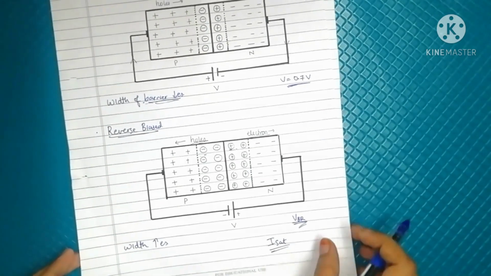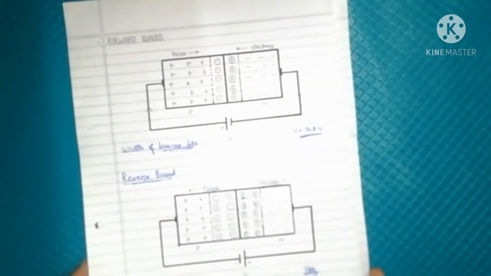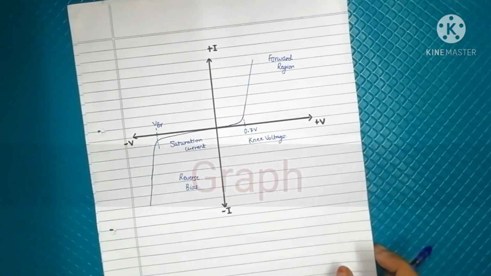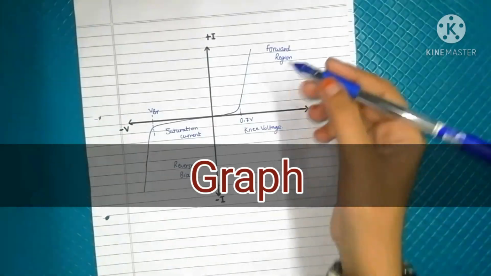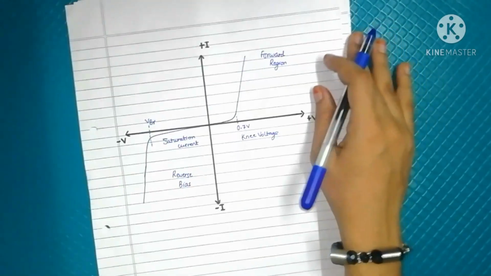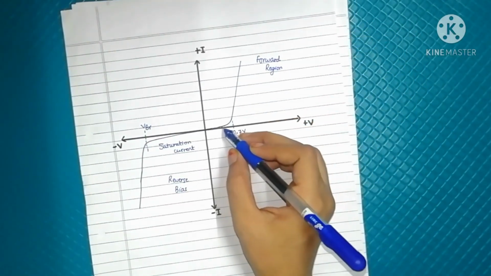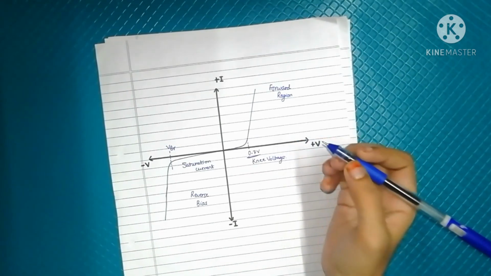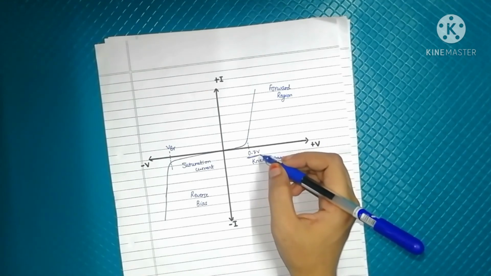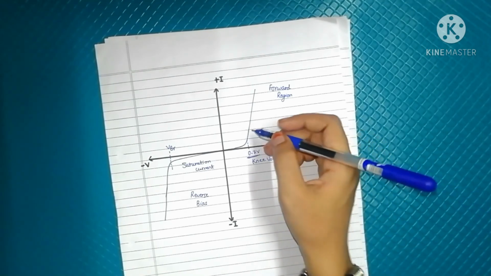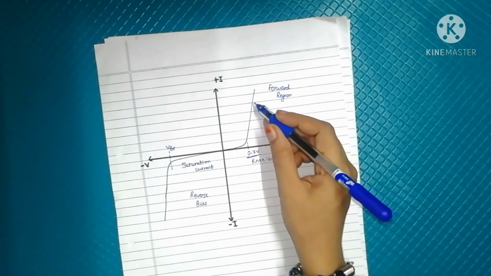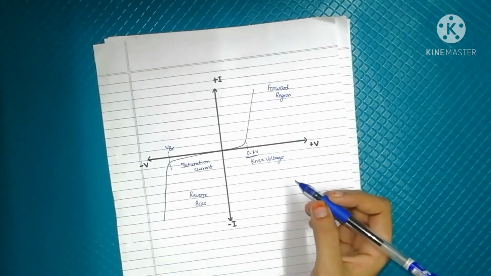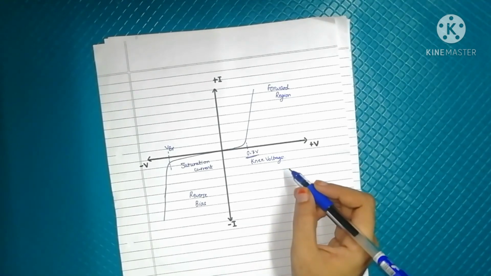Let's see the graphical representation of forward bias and reverse bias condition. This is the VI characteristic curve. In case of forward bias, see, at first we were increasing the voltage, but the current was not showing. But when the voltage was more than the barrier potential, that is 0.7 volt, then current started flowing through the diode, and this voltage from where the current value started increasing is called the knee voltage.